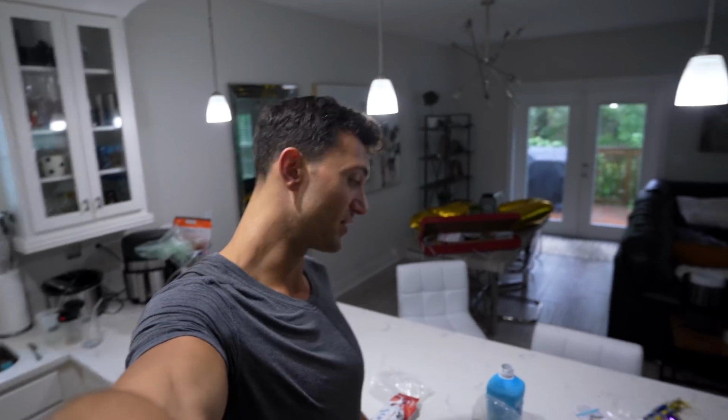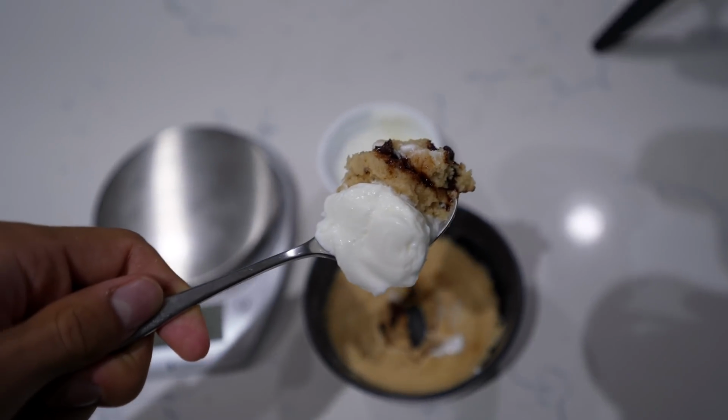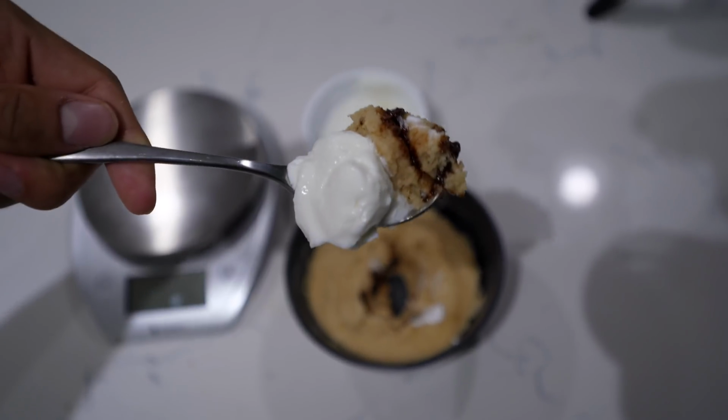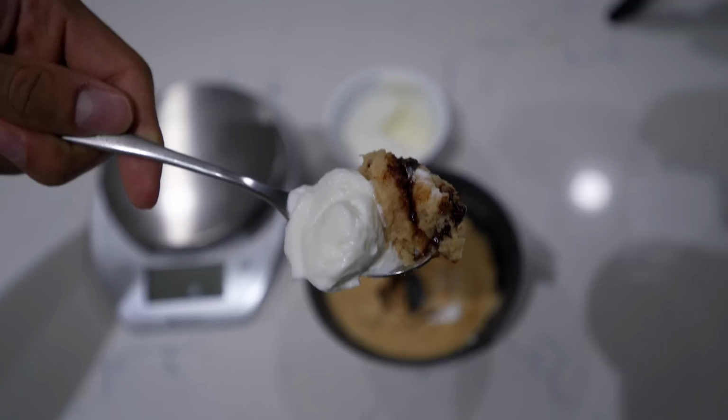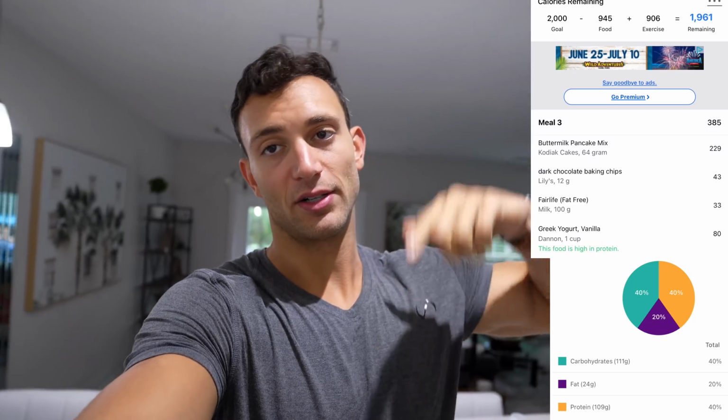If you couldn't already guess what's in the microwave, it is Kodiak cake mixer time for my pre-workout meal. I am not gonna tell you how to make it for the 50th, 80th time. I make this thing every single day. I've shown it in every single video. Definitely gotta try it out. I will put the calories and macros for everything up here, but this is gonna serve as my pre-workout meal